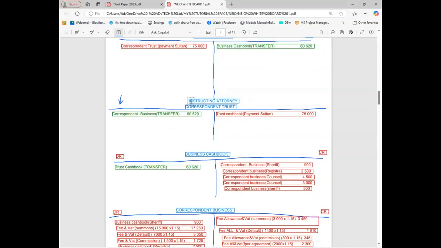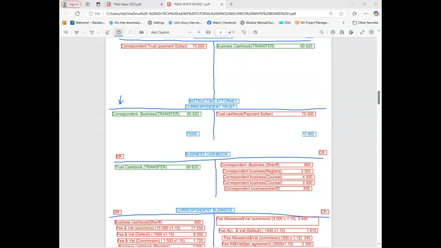Can you see now? So this means we collected this money. This money was supposed to be paid to the instructing attorney. But before we can pay that, we must first deduct this amount because this one belongs to us as a business. Does that make sense? Yes, it does. So now we must balance this account and check how much we are going to pay. The biggest side is this one, 75,000, and I'm going to write 75,000 here. And then the difference will be here.